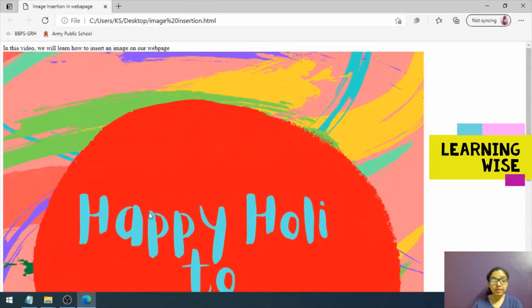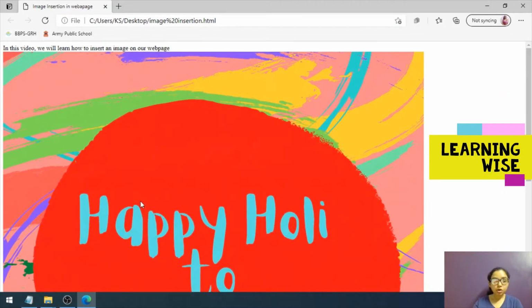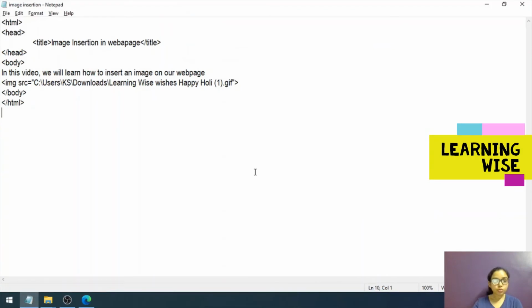Now let us see how we can resize this image using the height and width attributes. For giving the height and width, come at the end of the img src tag, put a space, write down the width, equal to.